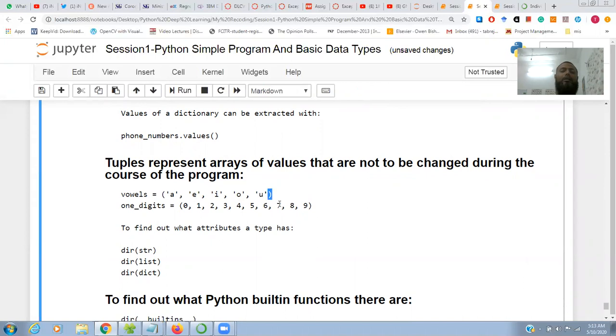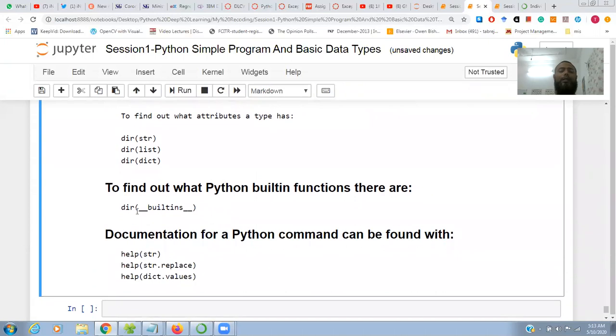And there are some built-in functions. To find out what Python built-in functions there are, you can find them easily from here. Also, documentation for Python commands can be found from help, like string replace, dictionary values. So this is the overall lecture.